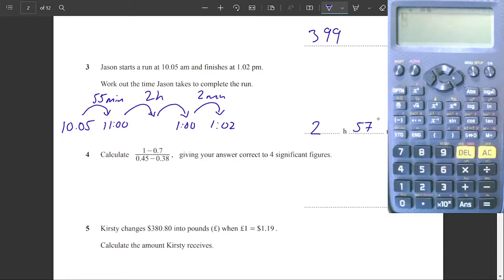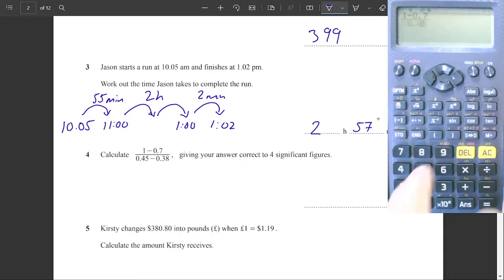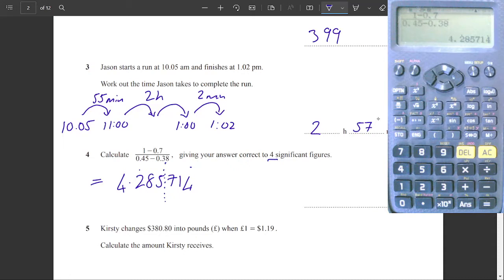Question 4, again, nice calculator question. We start by putting in the fraction button, and then we can type it exactly like it is. 1.07, arrows down, 0.45 minus 0.38, and we get the answer 4.2857, 14, and those two dots mean we're recurring. Okay, now they wanted 4 significant figures, which means 1, 2, 3, 4. We're going to cut it off there. But next to the 5, there's a 7, so we're going to round that 5 up to a 6. Final answer,